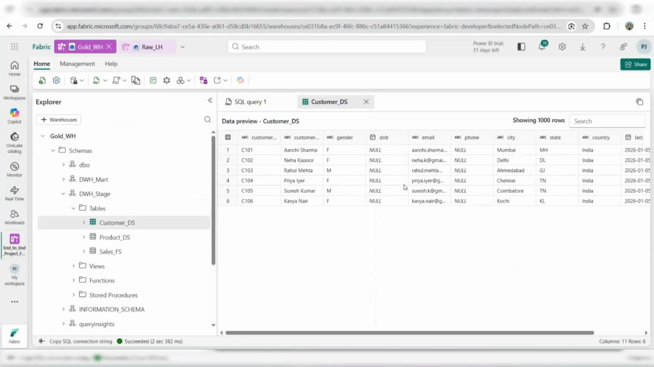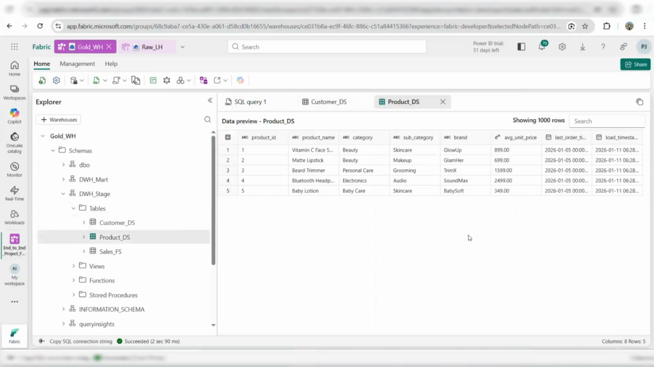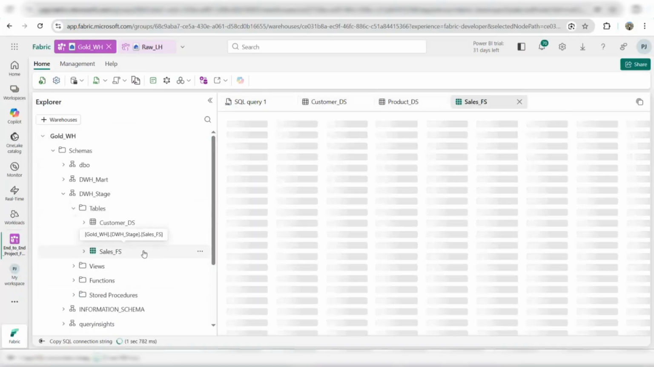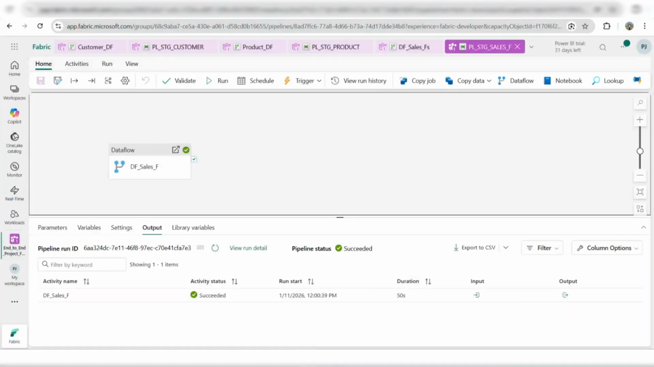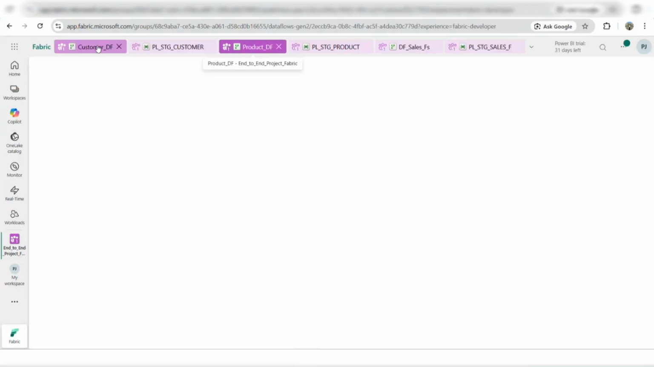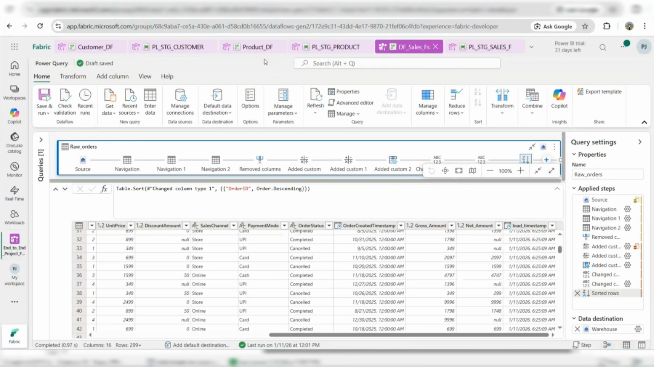So in the customer, we have data. The product as well, we have data. The fact stage sales also we have data. So that is how we created all the stage pipelines, ran them successfully, and used Dataflow Gen2. Now in our next video, which is the last video, we will create the full load and